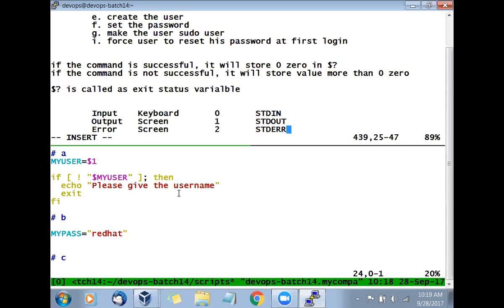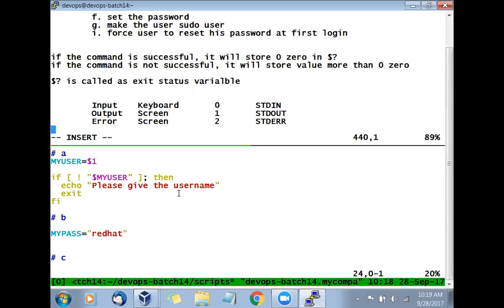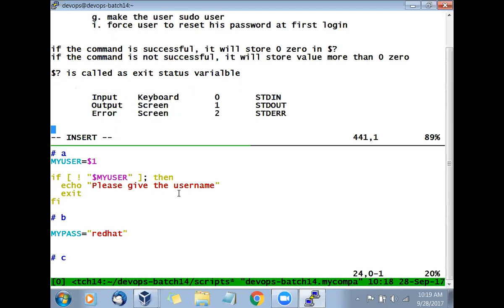Now we will use this method. So instead of keyboard, we will change the input. We'll say don't use the keyboard as an input. Use something different. Now we are going to use this standard input. Instead of keyboard, we will use something different. Ready, steady, go.